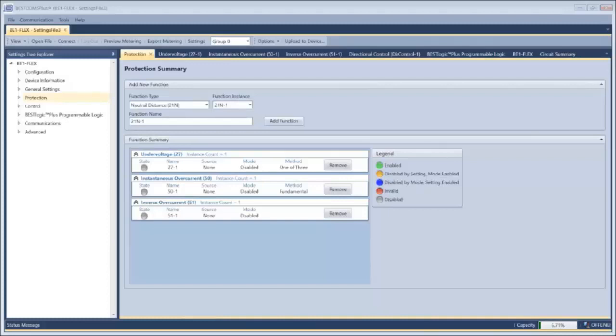With the BE1-FLEX, it was important for Basler to take a step back and make sure that as we create more and more functionality in digital products, we also make it easier for the general user. So we took this advanced concept and applied it to a number of places in the settings file. We also applied it to a number of places on the HMI and other places that we'll get into in other